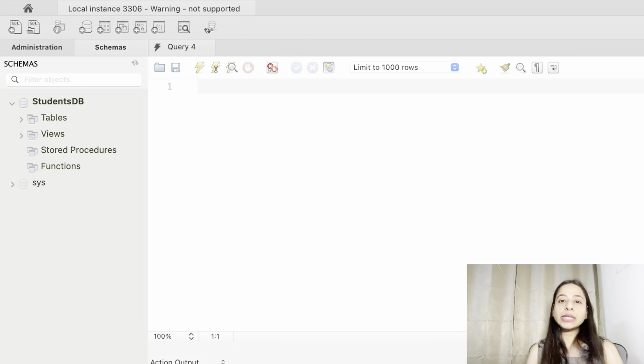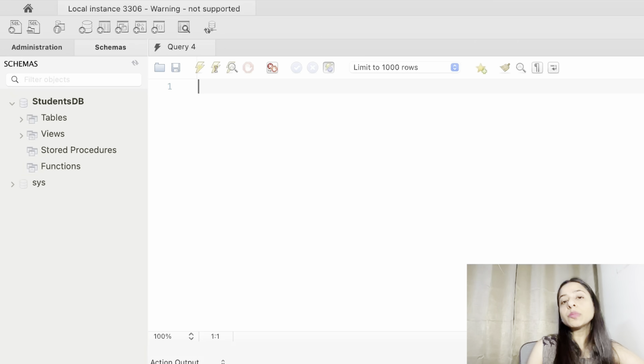These aggregate functions work with GROUP BY for grouping the data, and also with the HAVING clause to filter on aggregated values. But do not worry, I will break down all of these aggregate functions one by one with practical examples. So let's get started with the first one, which is count.